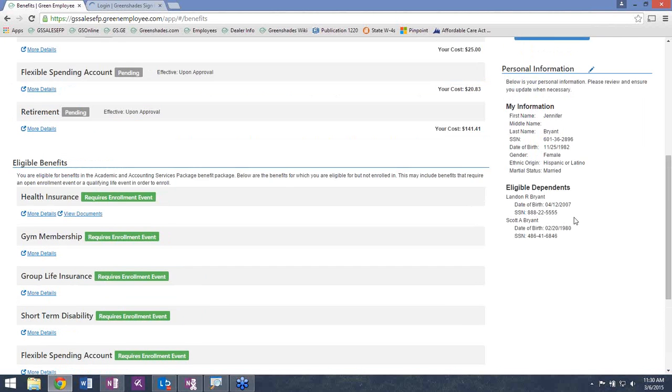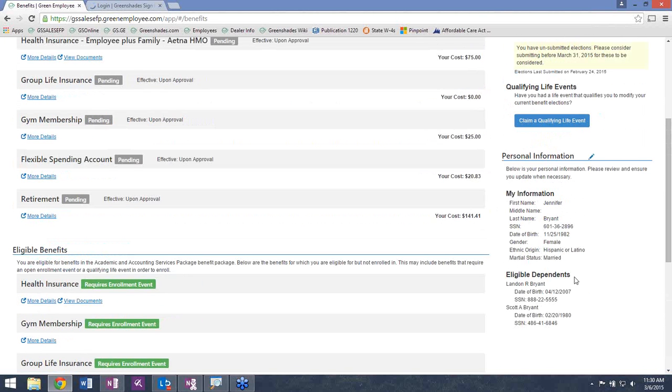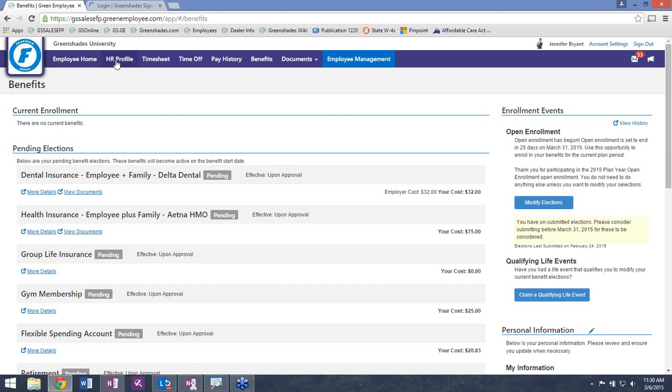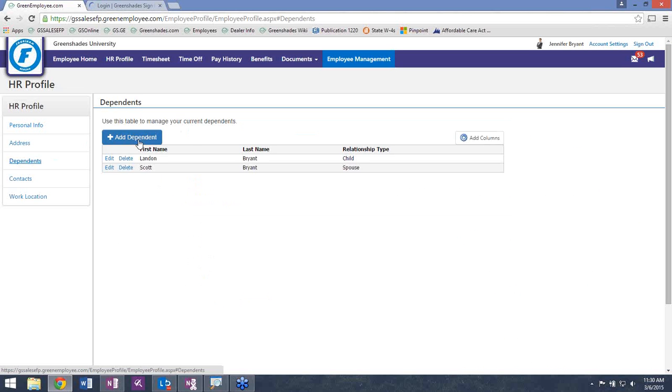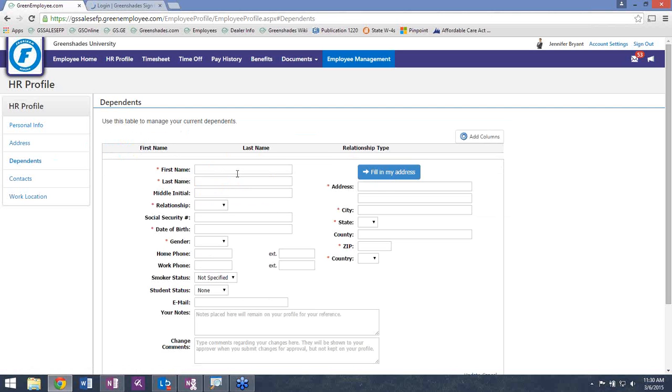A nice thing to keep in mind with the benefits enrollment module is this also is going to handle all of the employee dependent information as well. So when we're using the benefits enrollment module, we'll also have this HR profile module activated, which is where the employees would have the ability to update the dependent information. So if I just had a kid and I needed to claim a qualifying life event and add my new child to my benefit, I would be able to go into the Dependents tab, add that dependent information, and as soon as the dependent information is added into the system, it'll be available for me to add as a dependent on a plan or as a beneficiary.